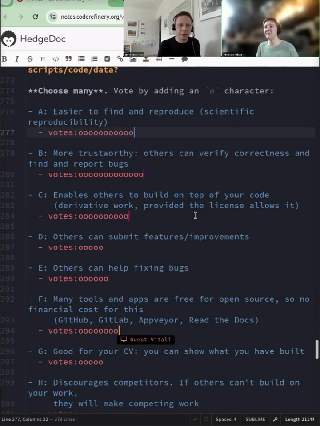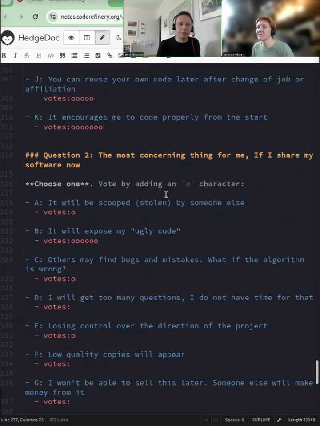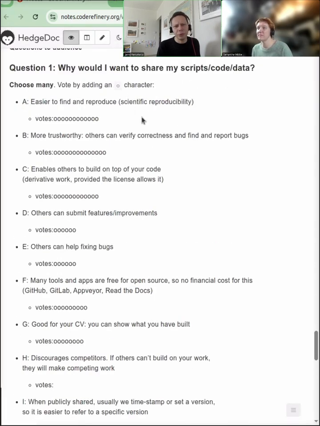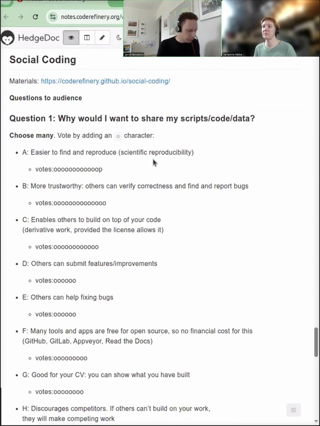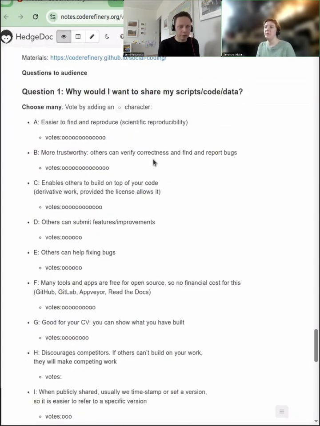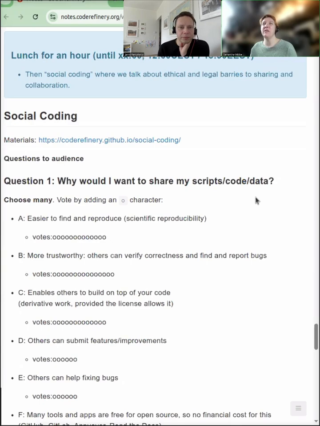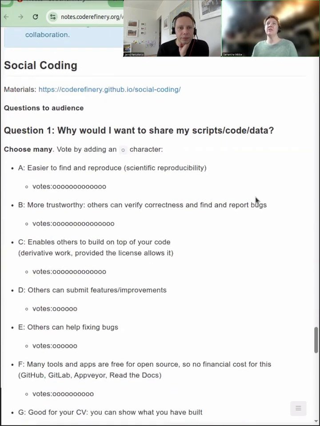Let me zoom out though a little bit. So you might have this view instead, where you have these three buttons. So the edit mode is the pen, and the eye is the view mode, I guess, preview. Should we stay in the preview mode? Why not? Yes, let's stay in the preview mode. And now I will try to zoom back in and not out. Okay. Okay, let's give people still a moment to answer and talk a little bit about why we have this